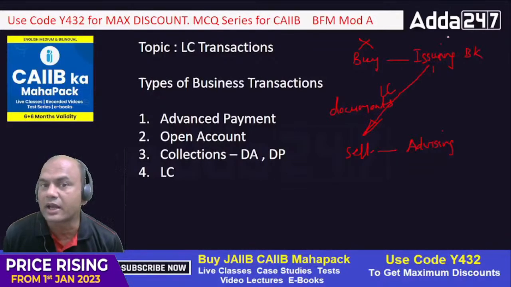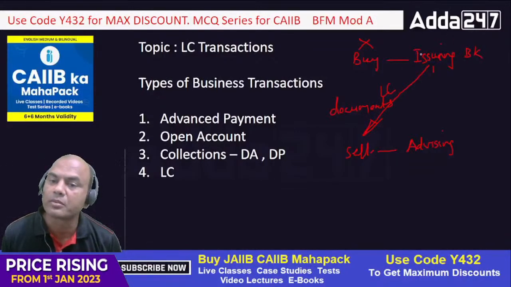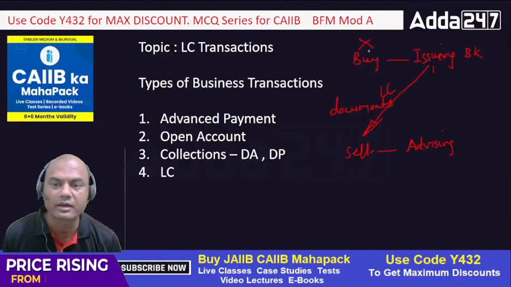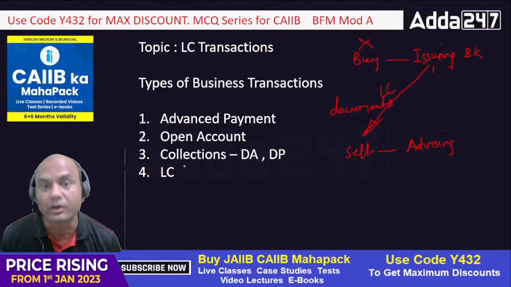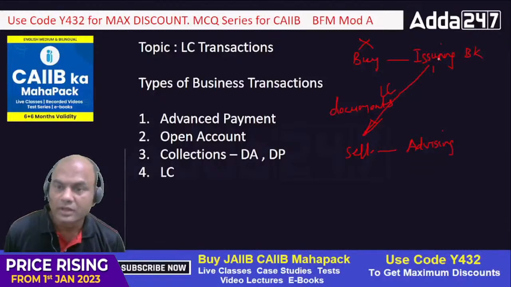Issuing bank is giving the guarantee that if you send me the documents, I will pay you. So bank is always trustworthy, isn't it? Rather than the individual buyer, correct? So that's why this LC process is the best flow as of now. Okay. Now coming back,